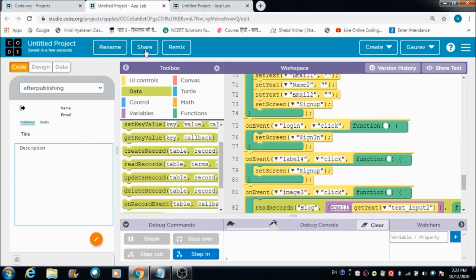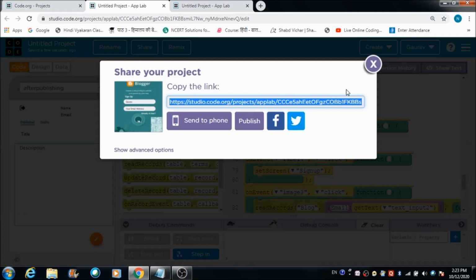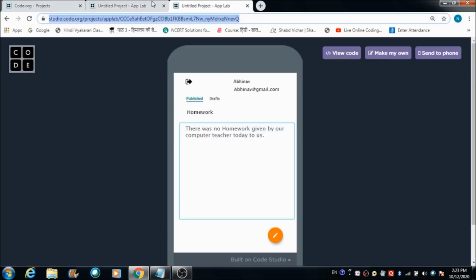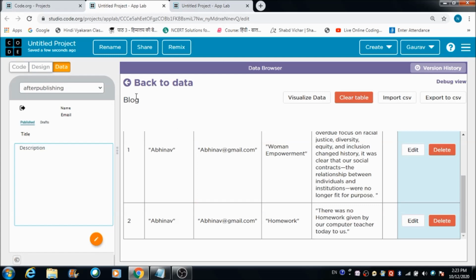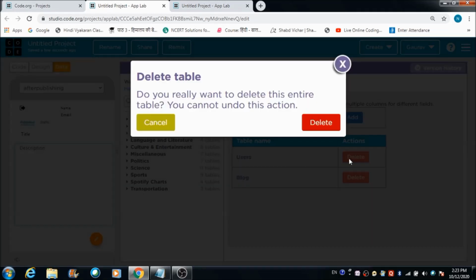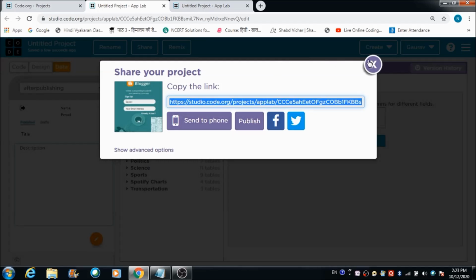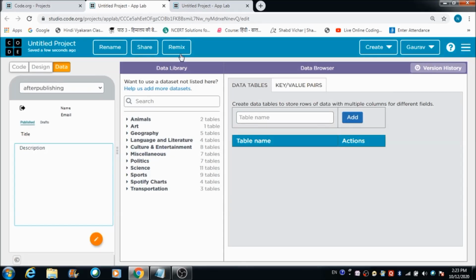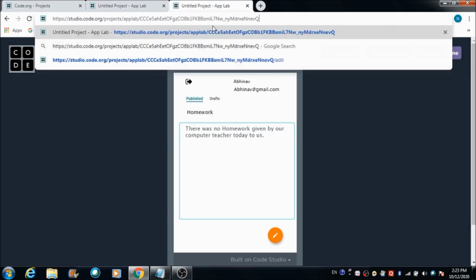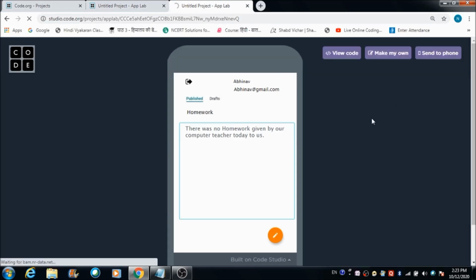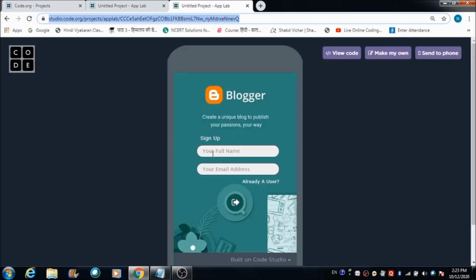Now let's check out this whole code that we have defined over here and see whether it is going to get executed correctly or not. So I'm going to delete these two tables first. Now at present we do not have anything in the browser. So this is a sign up screen.